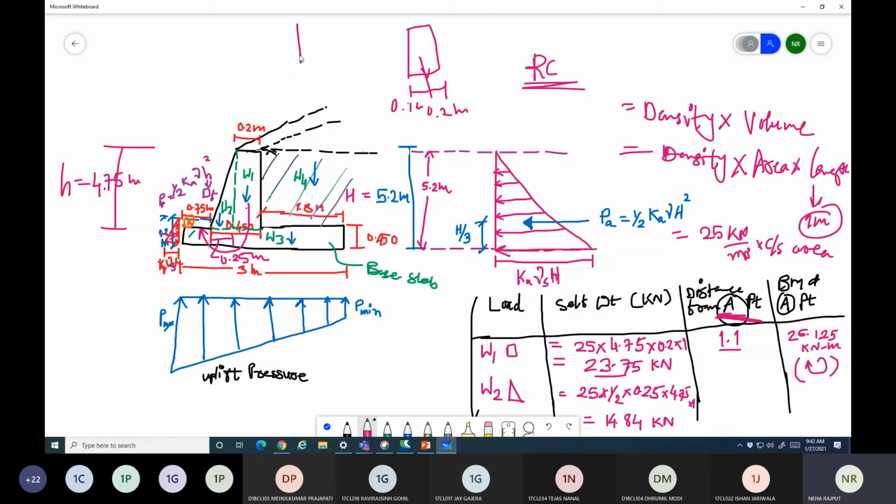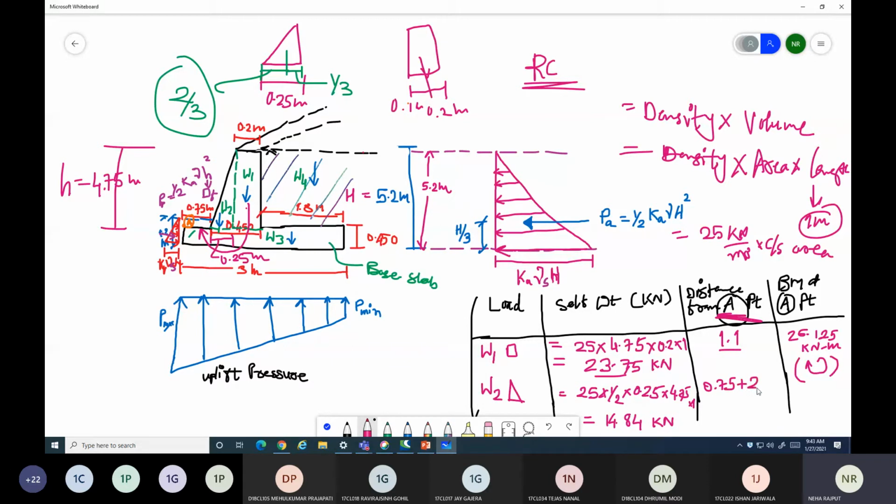So W2 is triangle, and this distance is 0.25. So where will the triangle CG be? Triangle CG will be at this point. Right, from here, how much will it be? From here it will be 1/3 of 0.25, and from here it will be 2/3 of 0.25. So what will we have? 2/3 of 0.25 plus, since we have the distance from A, we need to add 0.75. So this will be 0.75